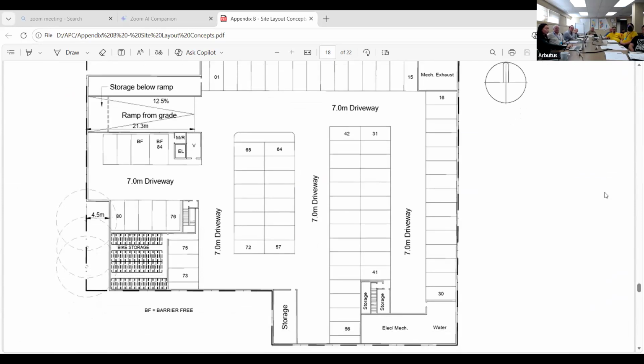So you can see on this option, this is all underground, if you don't mind saying. So here's the three trees, that's okay. Here's the three trees that we're talking about that are really at the crux of it, but really it's the one for this particular proposal. But as you can see, we would be well into the critical root zones of these trees. We would lose all three trees. And you can imagine trying to construct.